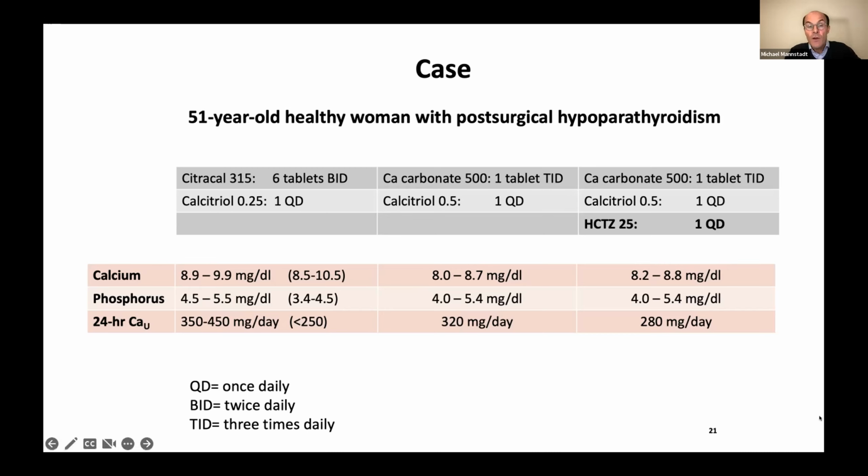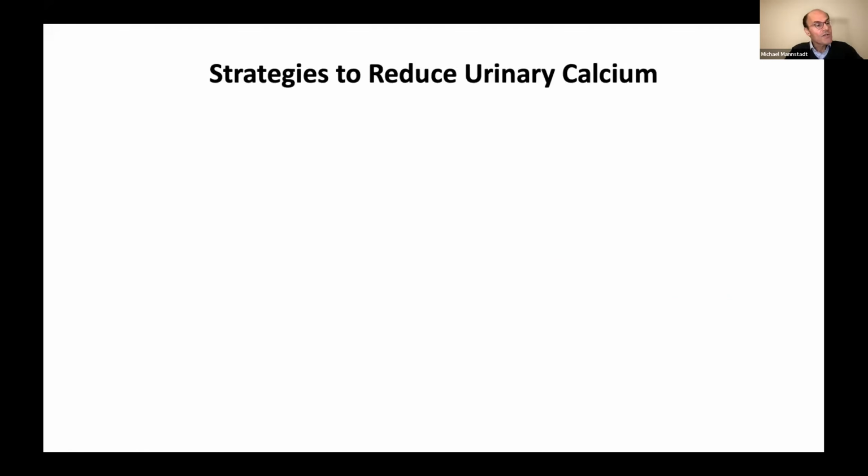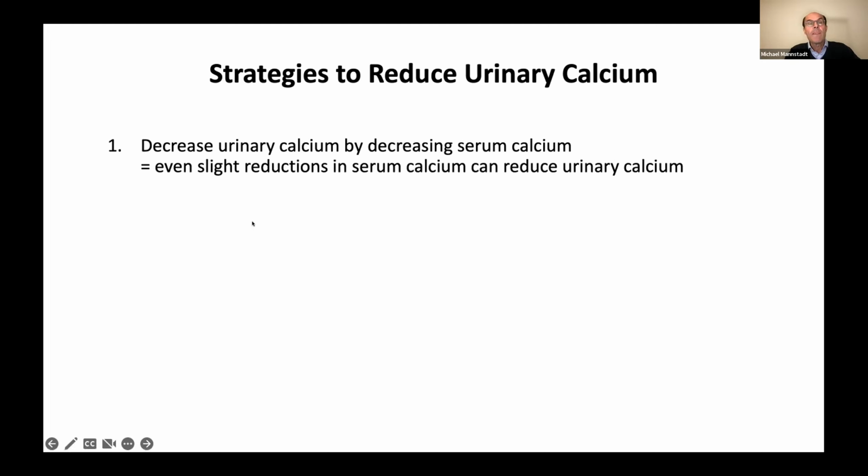And so if you look at your own therapy, think about, is there something that you can actually discuss with your physician? All right, and so because the high urinary calcium, in my view, is one of the several big problems of the conventional therapy, I want to just summarize again what we learned. So one issue that we only briefly touched, but I want to spell out here, is that one of the most effective ways in conventional therapy to decrease the urinary calcium is decreasing the serum calcium.